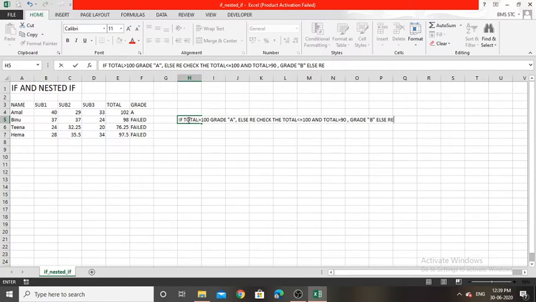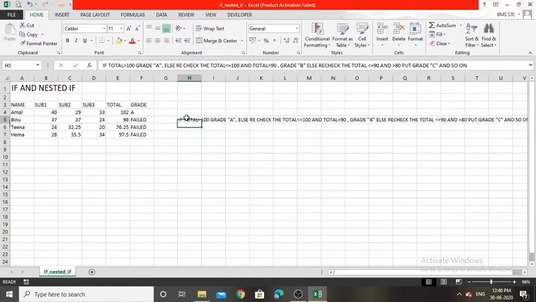Else recheck the total which is less than or equal to 90 and greater than 80, put grade as C, and so on. Like this our condition goes.